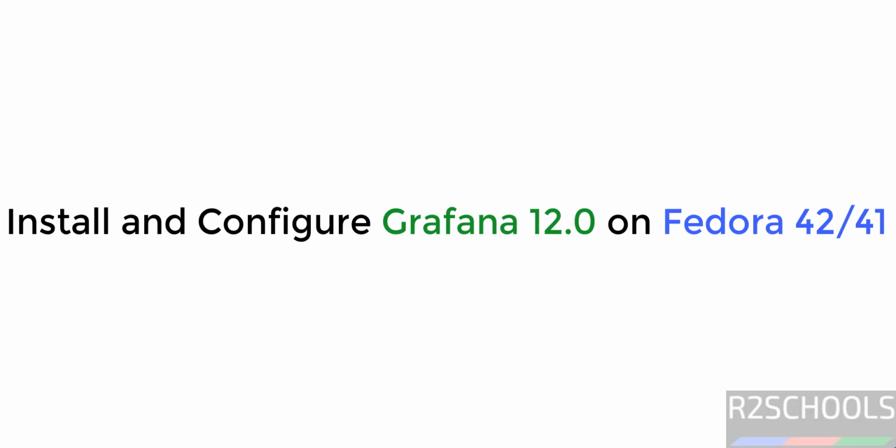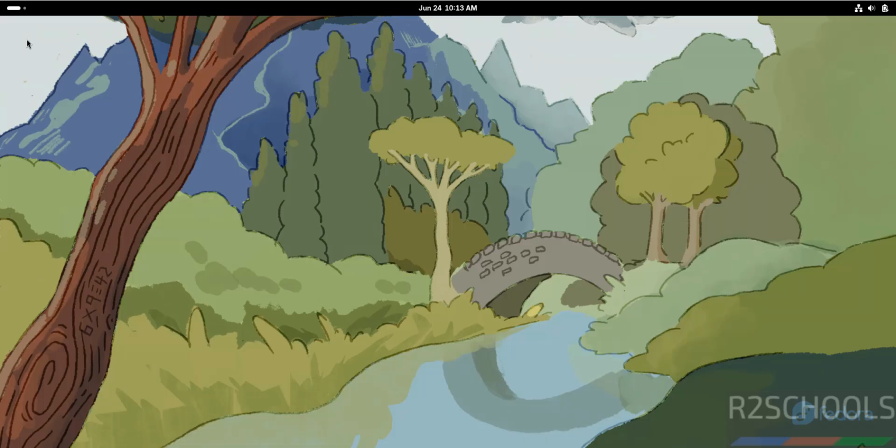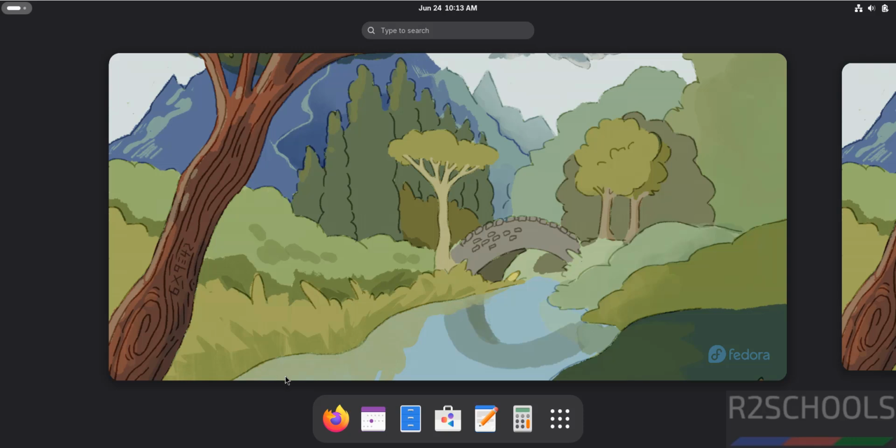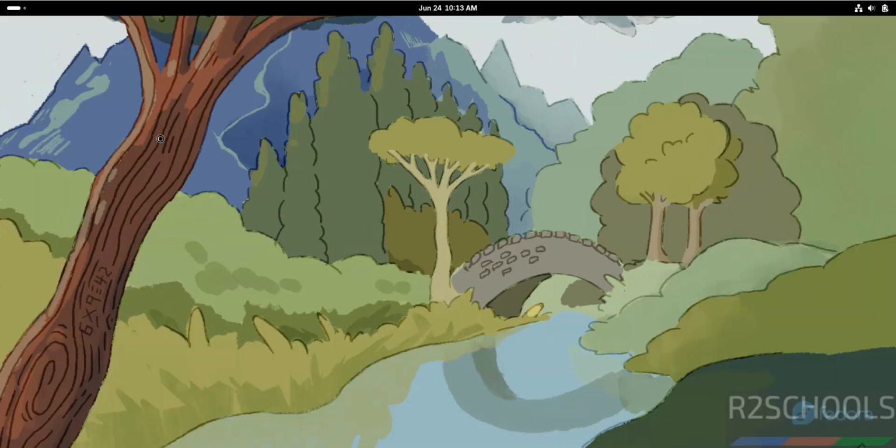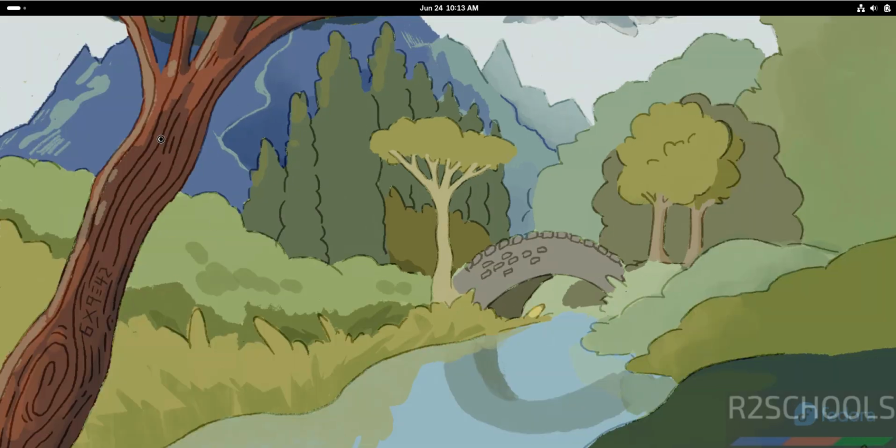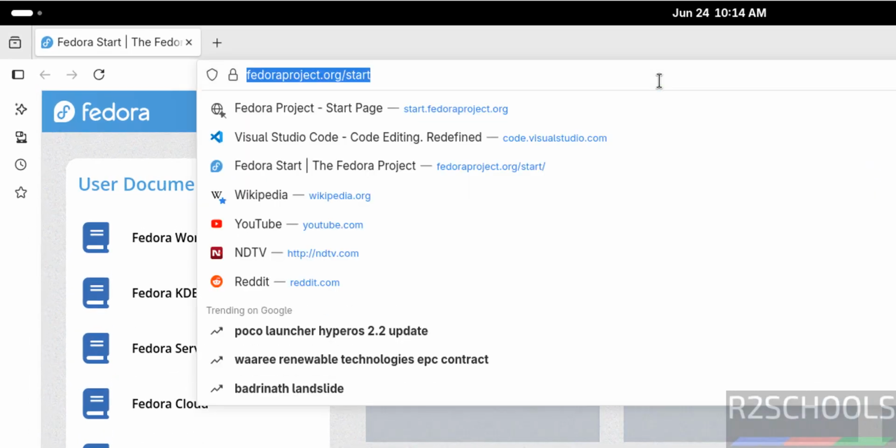Hello guys, in this video we will see how to install and configure Grafana 12.0 Enterprise Edition on Fedora Linux 42. First open any web browser, that is Firefox, which comes as the default web browser on Fedora Linux 42. Then go to Grafana official website, that is